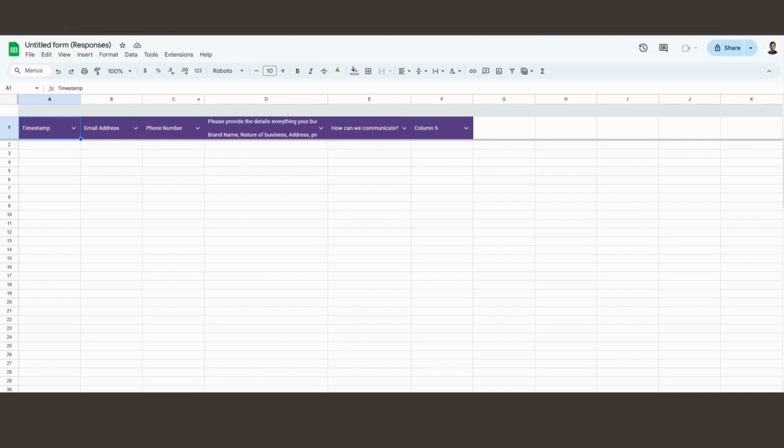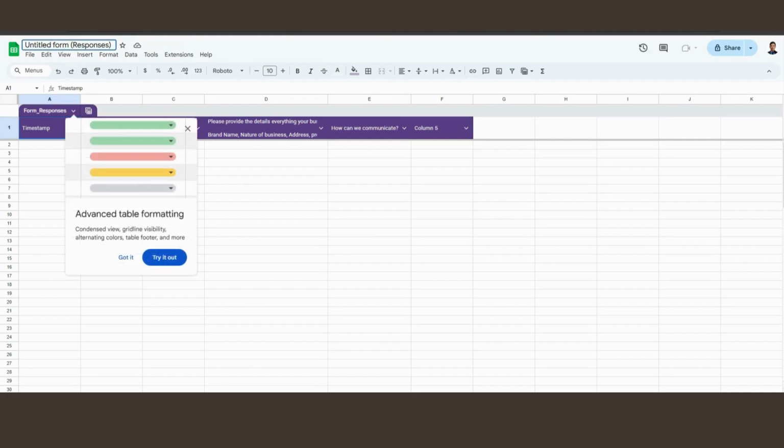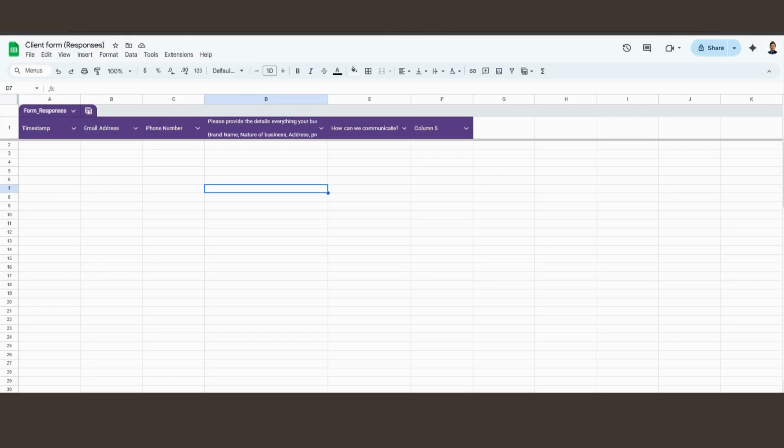So it goes like this. Then you can write here, for example, client form responses. And actually, you can customize. It's up to you. You can change the color, whatever, as long as you don't add or change, I mean, add some columns or whatever, and it's still the same as your client form.